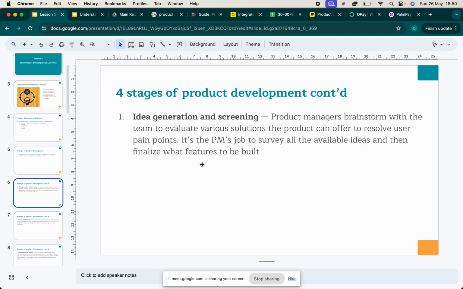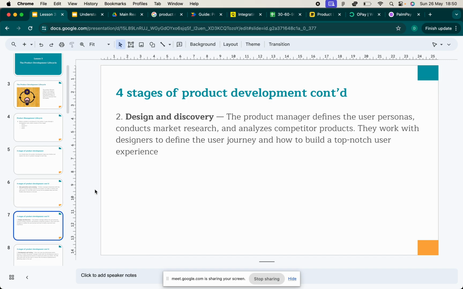So brainstorm a bunch of ideas that would help you to think, how can we solve this problem? And ultimately, as you brainstorm, let's say 10, 20 ideas, you would effectively narrow them down and then pick one idea that you would move forward with. And when you move forward with that idea, you go to the next phase, which is design and discovery.